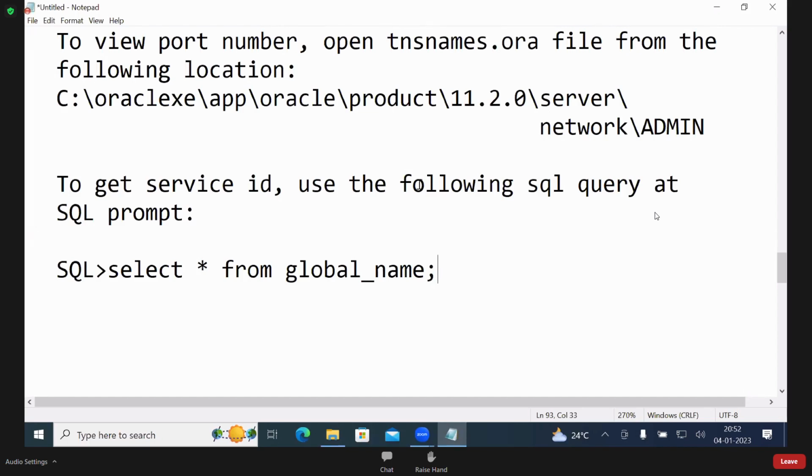If you write this query, the service ID comes. Whatever comes, that is what we have to write.